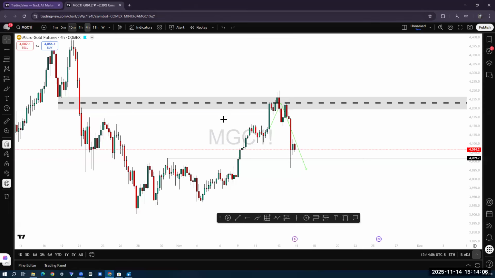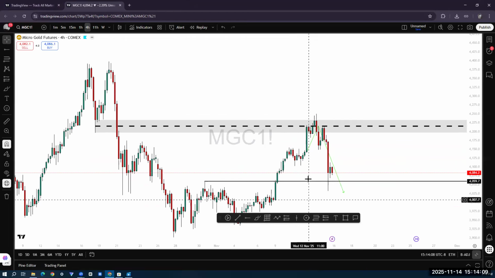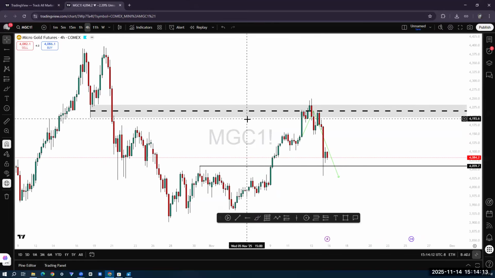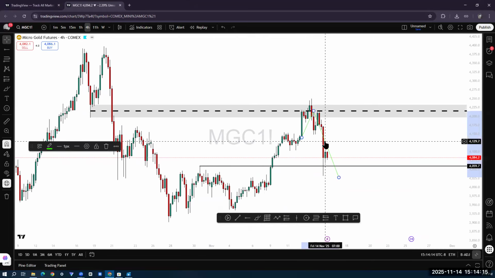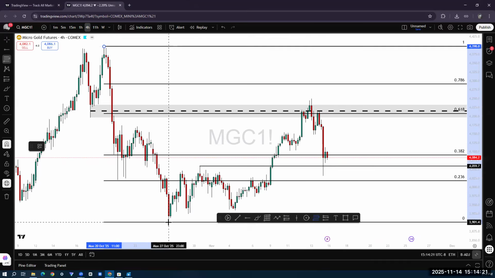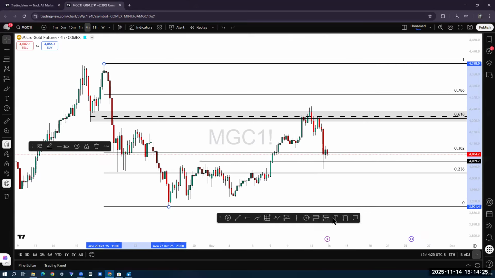Anyway, we know that price has to come down here, and we know that this is pushing price away. So now, off of that alone, let's incorporate the perspective of the Fibonacci. We go ahead and draw a fib from top to bottom. And then, just real quick, let me draw this out.